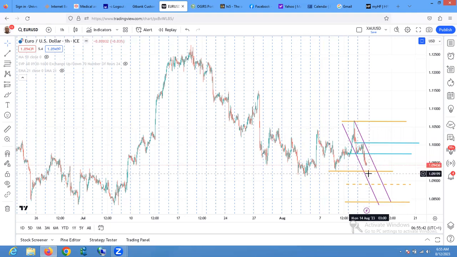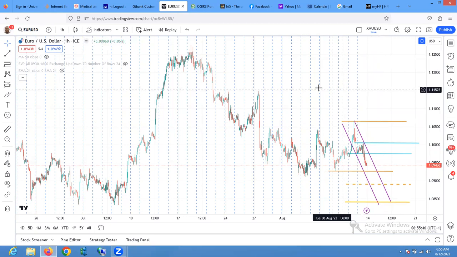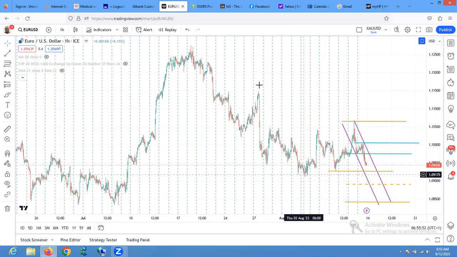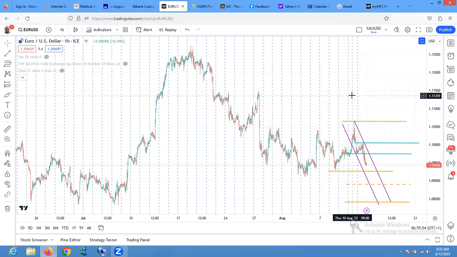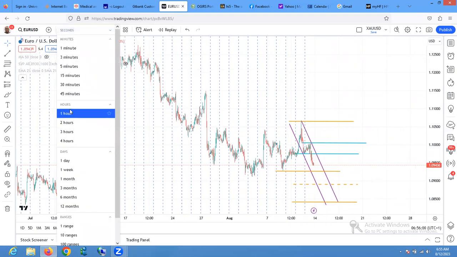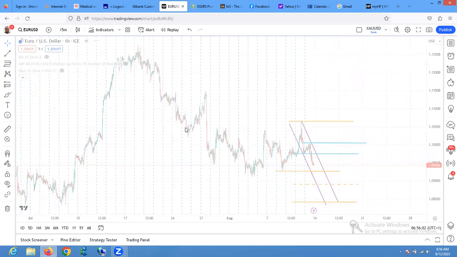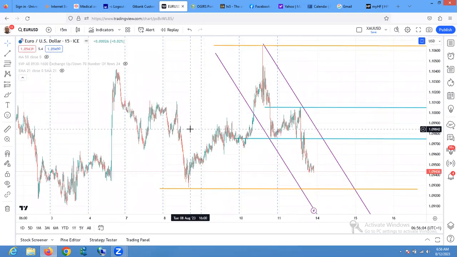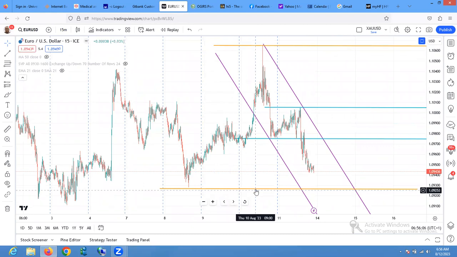I still see one leg breaking up and going more up. But at the end of the day, this is what we are still trying to correct. The old move down here is still what we are trying to correct. So it can get more complex than what we think. That is what I can see. Now, going into the 15 minutes time frame,